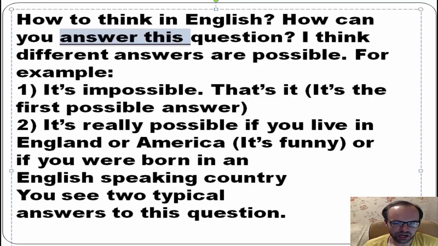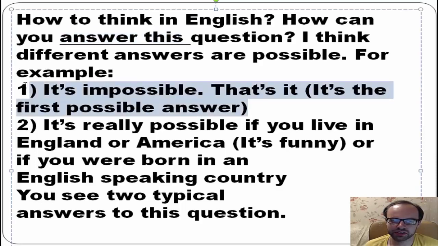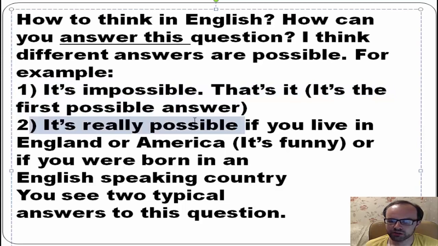It's impossible. That's it. It's the first possible answer. So it means that some people think that it's impossible to think in English for everyone. They think that only advanced students can do it, students who have a very high level of English. And the second answer, you see, it's really possible if you live in England or America, it's funny,